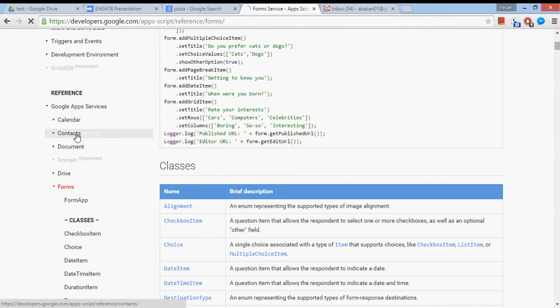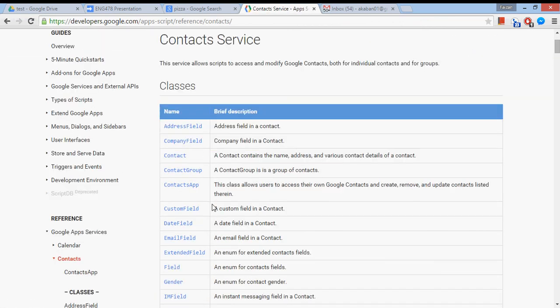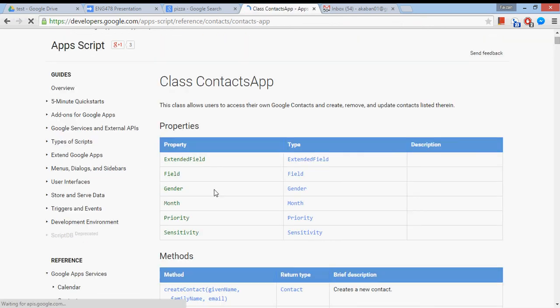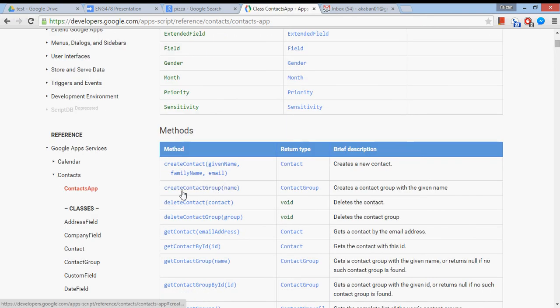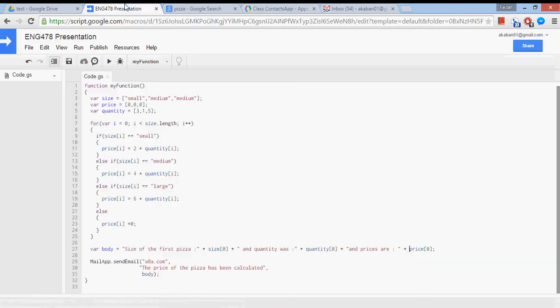So you can actually create contacts. If I go to Contacts app, you can actually create contact group, delete contact, so you can manage your contacts by writing this application. So for example, if you are in a program where you're asking folks to write their email address, and they write them in a computer, then you get all these addresses and write a quick